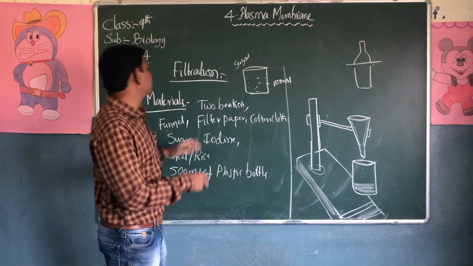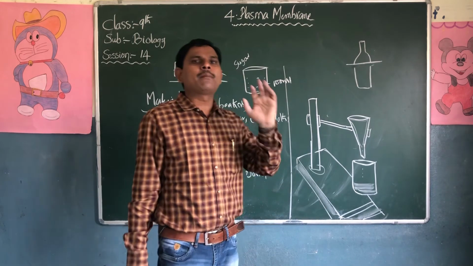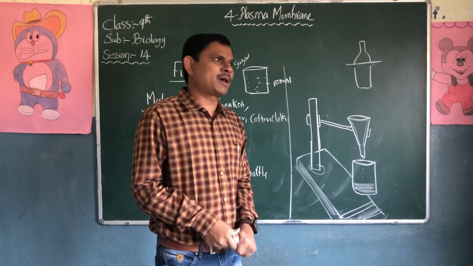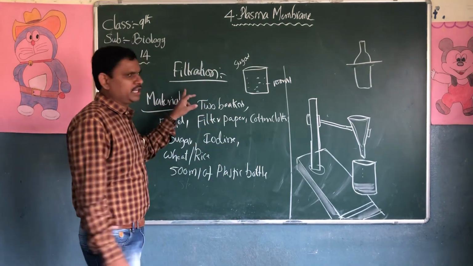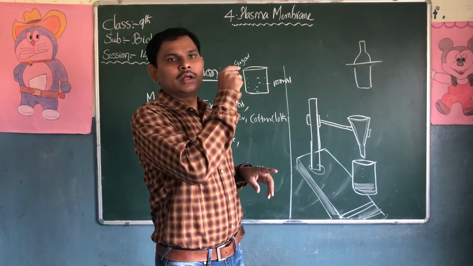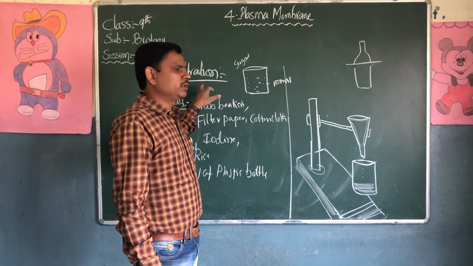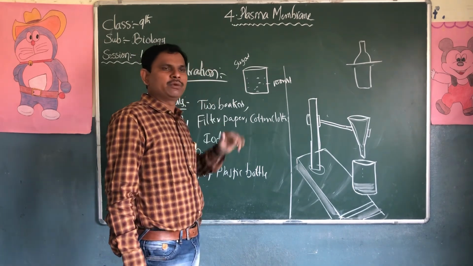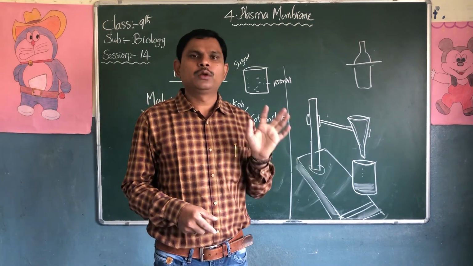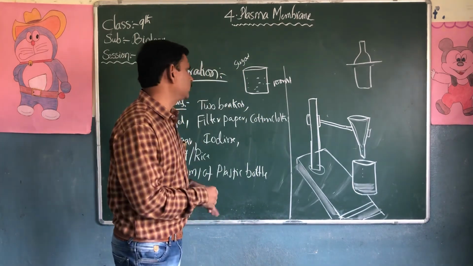So students, I am going to discuss only these two experiments. One is the lab activity, the osmosis process in the potato experiment. Another one is filtration. So today's homework, you have to write both lab activities, Activity 2 in your textbook. Write the lab activity with the diagram: aim, material, procedure with diagram. So this is today's homework, students. Okay, thank you.